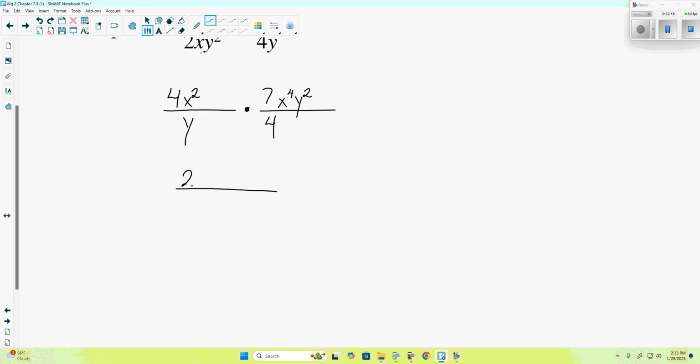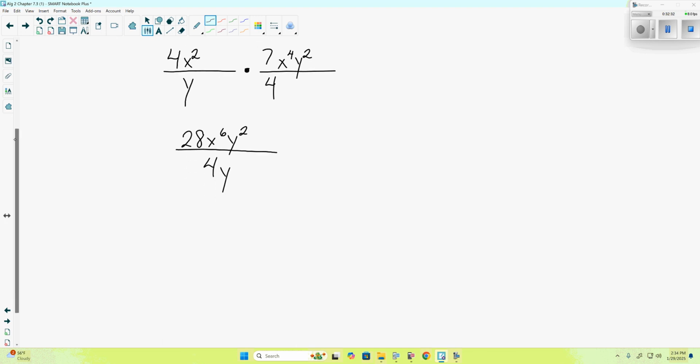4 times 7 is 28. X squared times x to the fourth is x to the sixth. We don't have any other y's on top, so it is y squared. On the bottom, we have 4y. 28 divided by 4 is 7. No other x's, so it's just x to the sixth. Y squared over y is